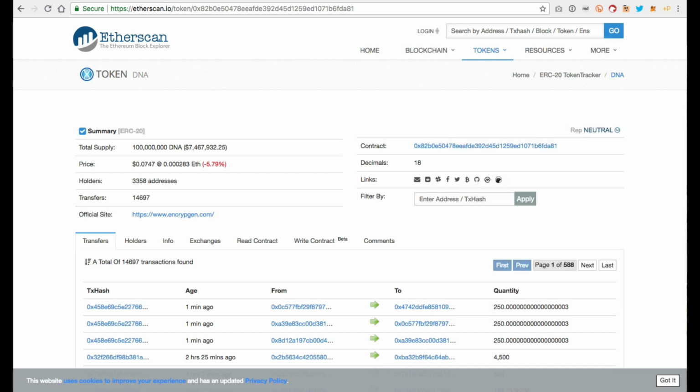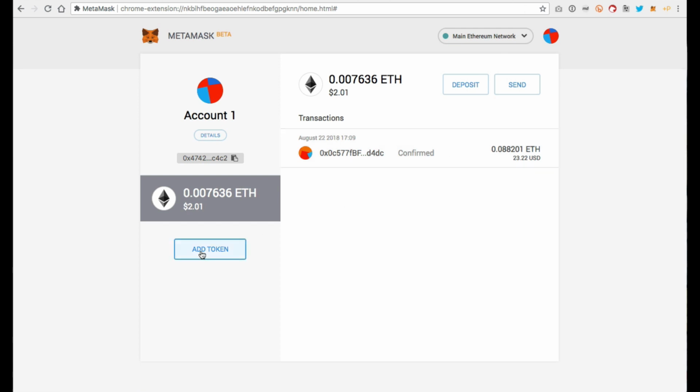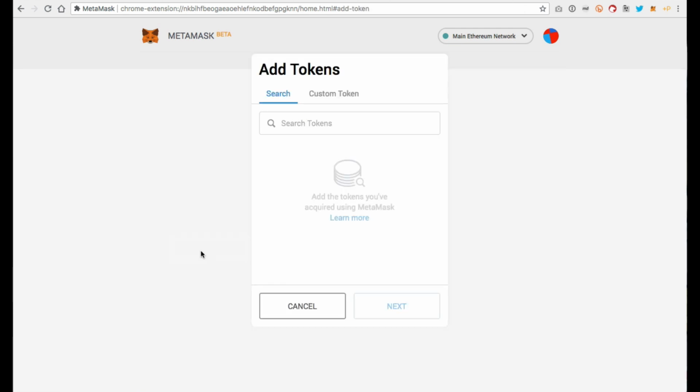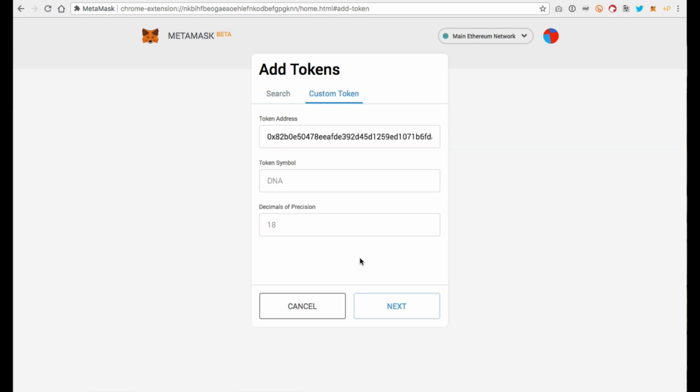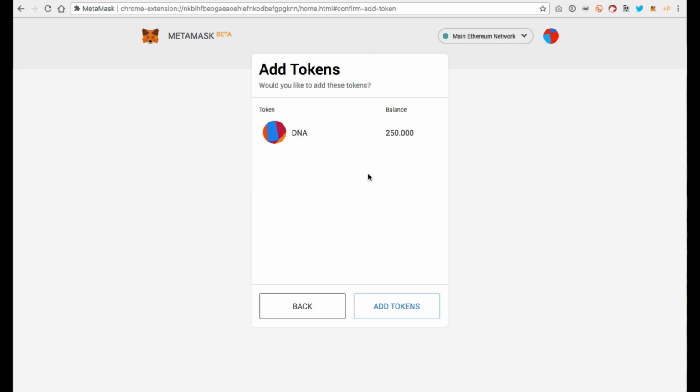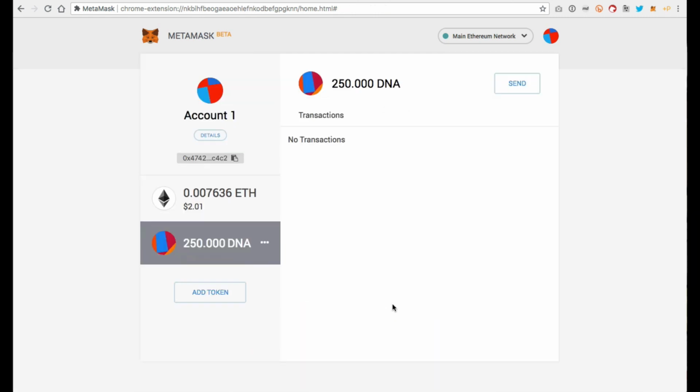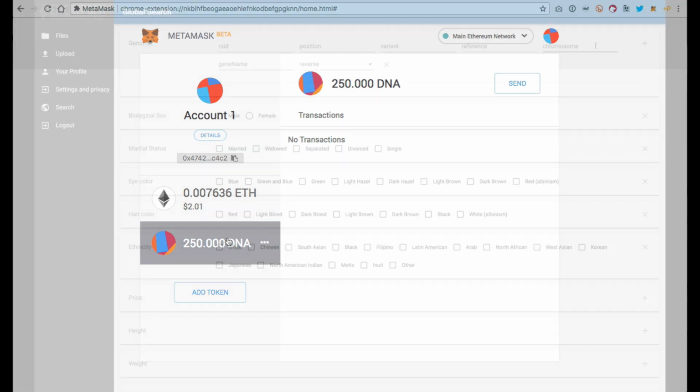Return to Metamask and click on the Add Token button on the lower left-hand side, and in the box that pops up, click Custom Token. Paste in the contract address into the token address field and click Next. You'll see the DNA tokens you just purchased and click Add Tokens. That's it. All of your token purchases are now in your Metamask wallet, ready to be used on the Gene